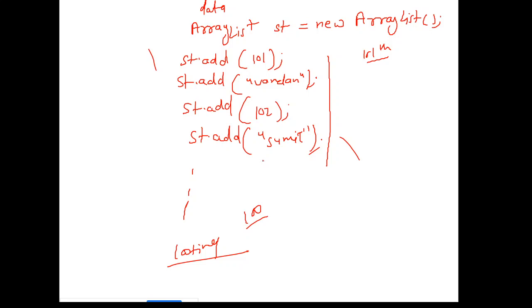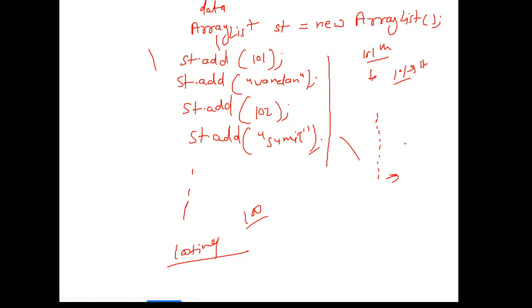This is the advantage. But there is one drawback, or you can say disadvantage, of array list. Once you add the 101st student's data, it will create a new array list. Internally it will create a new array list and copy all the hundred data available in the old array list into the new array list. That happens internally. You will not be able to see this, right?